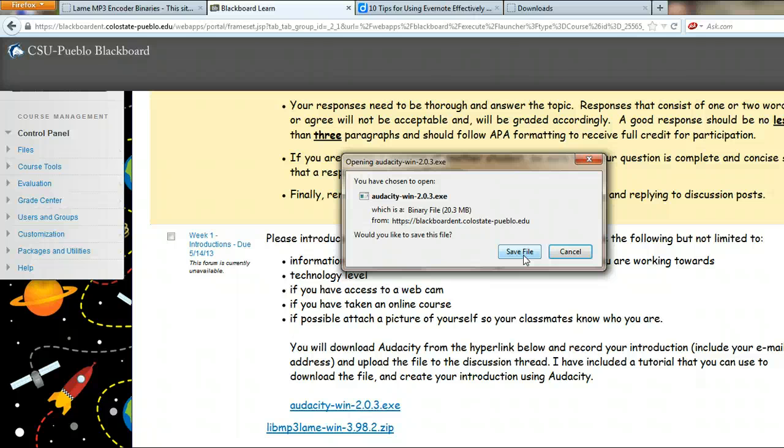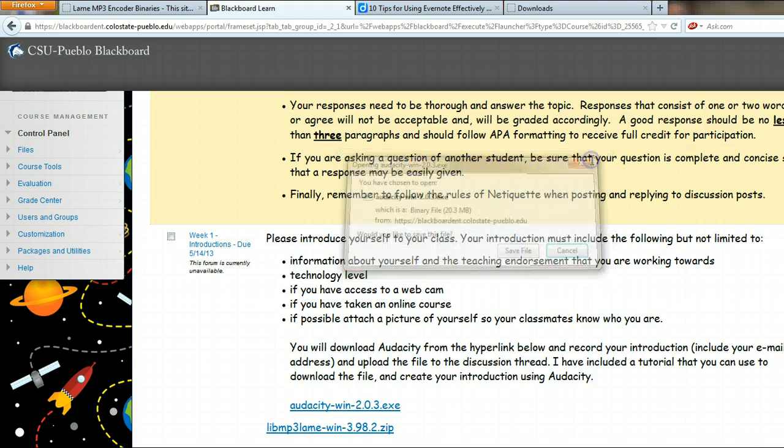However, should you be using Internet Explorer, then your message would be to either run or save, and it would be located down at the bottom of the screen. It would be a yellow bar, and you would do run, don't do save. Okay, since I already have this downloaded, I'm going to go ahead and click out of this and go to